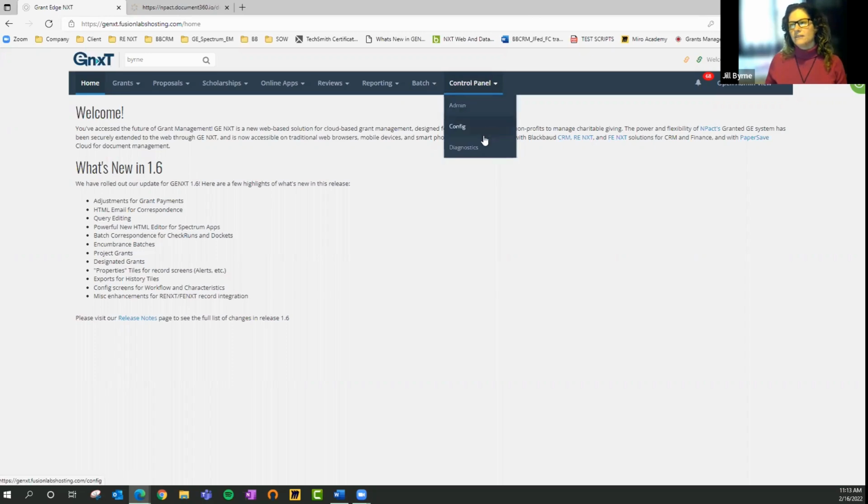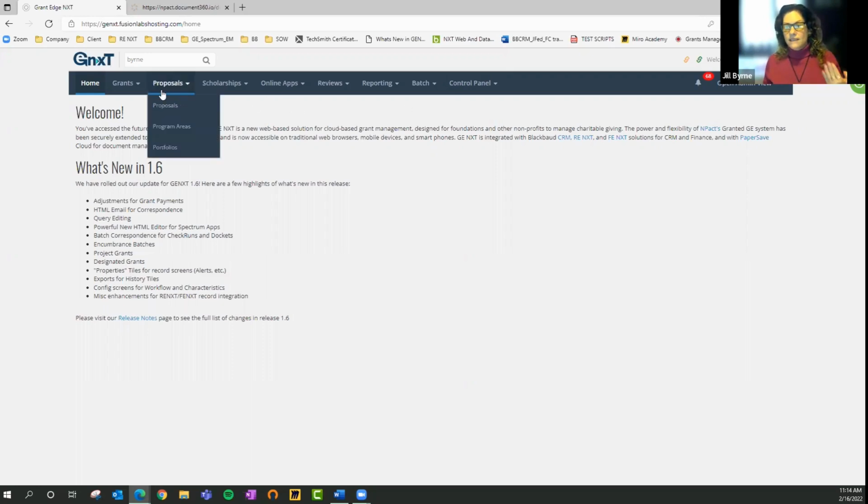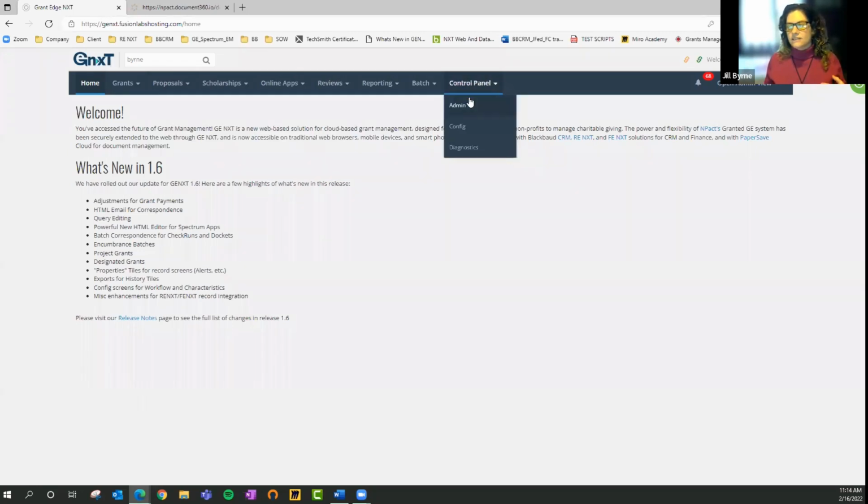Under the control panel, this is where more of your administrative duties happen. And I should preface this with, depending on your user role, I'm logged in with carte blanche access, where I have all the bells and whistles opened up to me. So I'm getting to present to you all the menu items. Of course, your security role might change what menu options you see presented to you. So if you're not in that administrative role at your organization, you might not have access to some of these